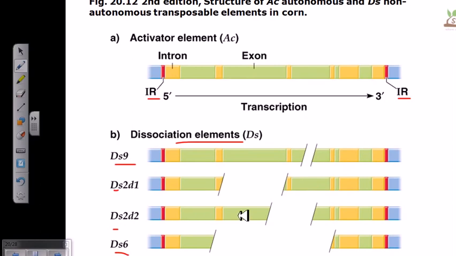Another very important concept is that this activator element cannot cut itself out and go there for the particular job. So they are supervising the job, sitting in the place where they reside, but they are sending all their proteins to finally act along with these DS elements to establish a particular task. Okay, so that's it, and I hope it will help you. Thank you.